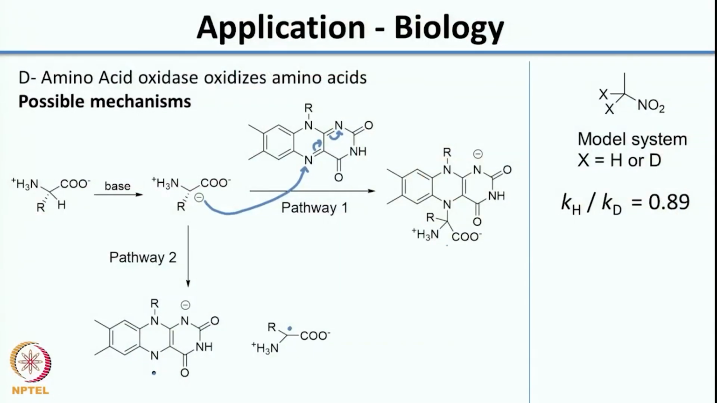As a hint, you can write the hybridization change at each position to tell whether you would have a normal or an inverse kinetic isotope effect. Let us see if your understanding is correct. In one case you have formation of a tetrahedral product, whereas in pathway 2, the first step is rate determining, where you have a carbanion getting converted into a radical, and then what you have